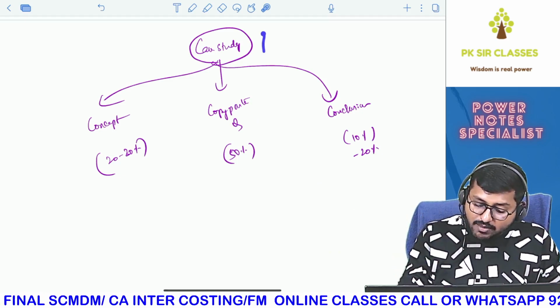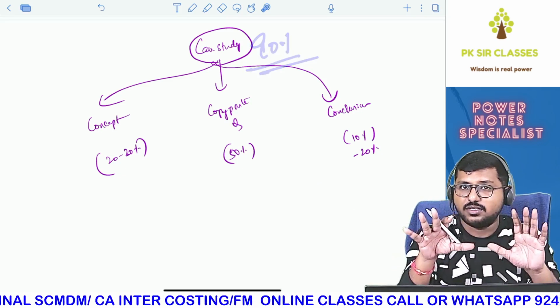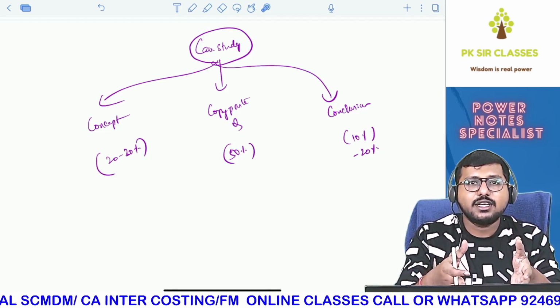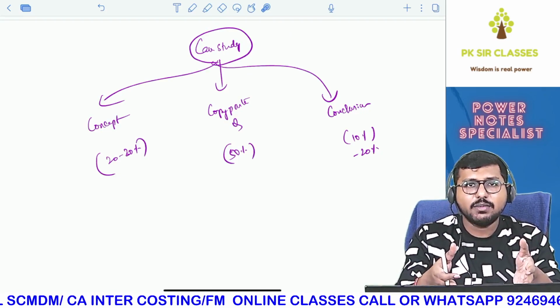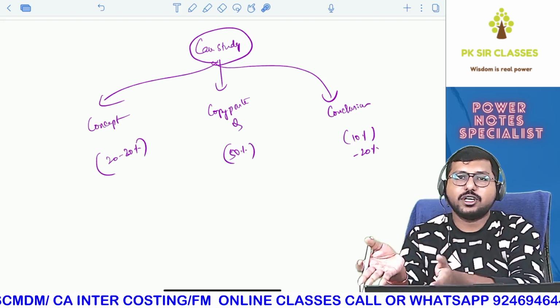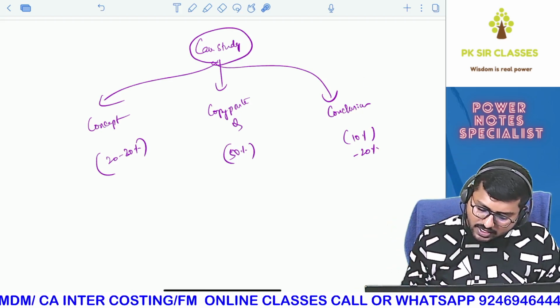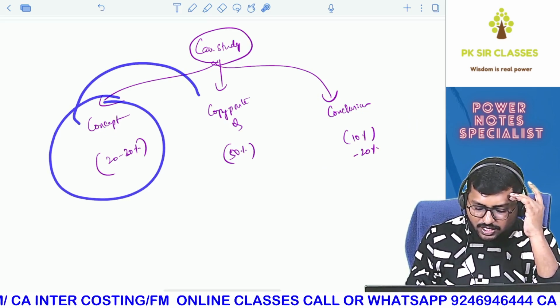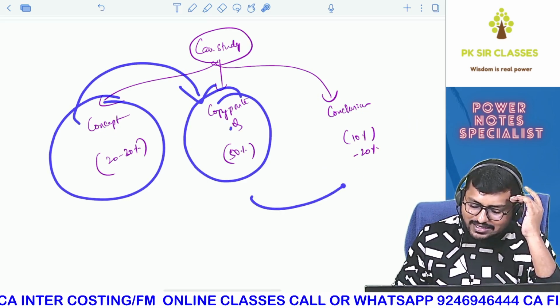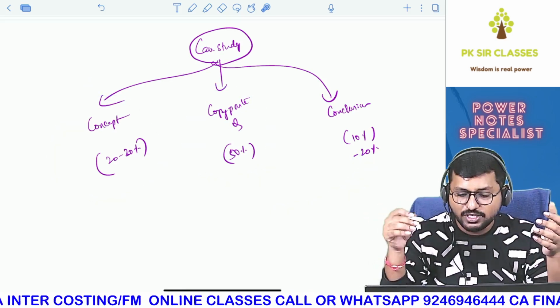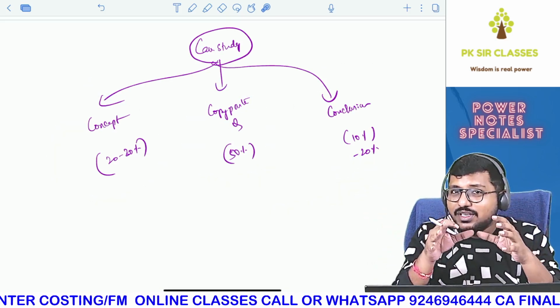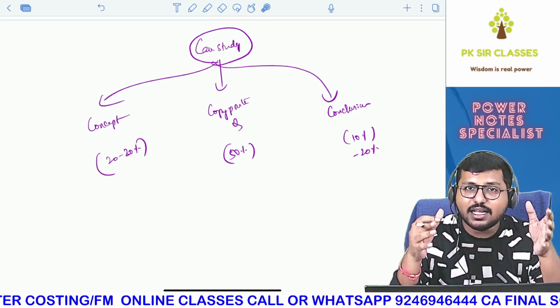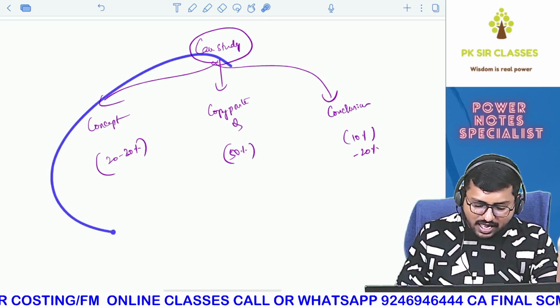There are exceptions, but I am talking about 90% of the case studies, including case studies of the case studies chapter of your ICA study material, the last module, as well as the case study digest. And finally, the conclusion. This is where you have to apply the concept that you know into the scenario of the question and then write the conclusion in your own language. This is the only thing that you have to give real attention to. But the rest of the things, I think you can manage.